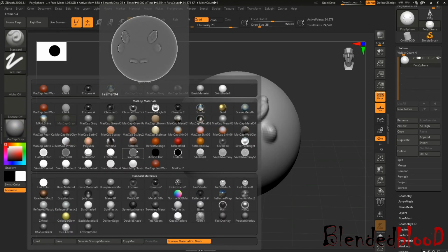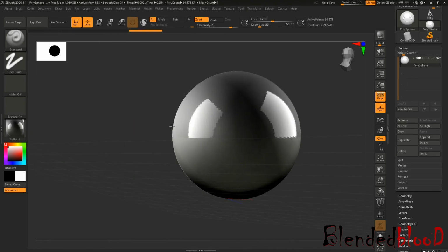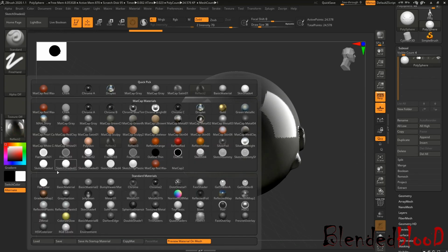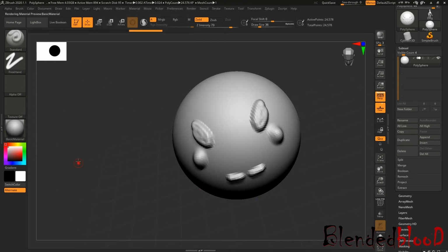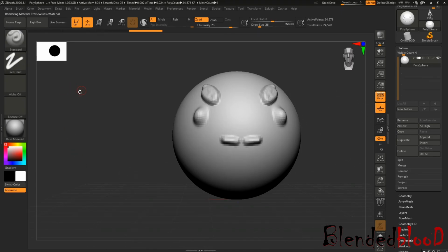Material in the sense of, if I model a spaceship or an eyeball, this material will be helpful for eyeball-like texture. How we will work with material, we will see when we are going to texture our model. So these are the basic tools. And live boolean is not required for now. Especially, if you notice on the brush panel, you can see two circles. First is your main brush area, second is for feather.